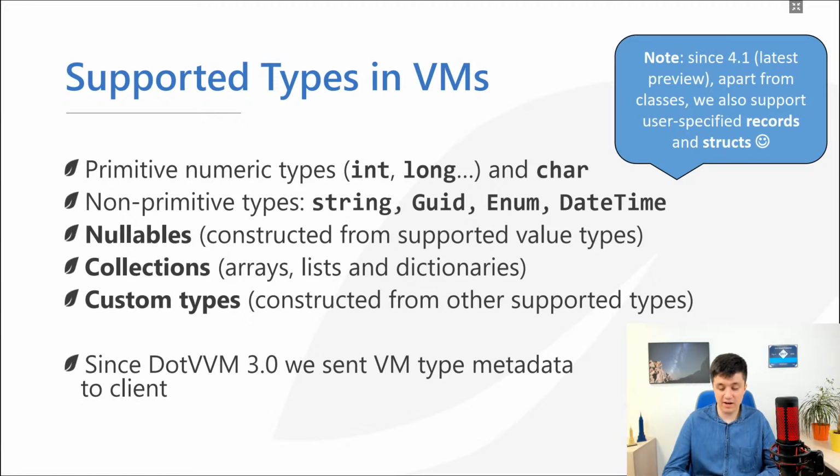So since DotVVM 4.1, you will be able to use these as well. But right now I would like to talk a bit more about collections, as these non-scalar types are quite common, and I would like to speak a little more about them and what you can actually do with them